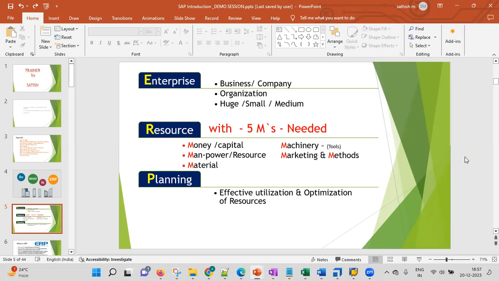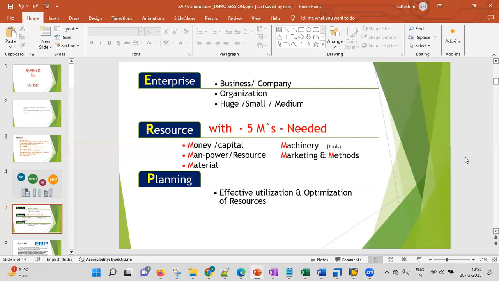Getting my point? The material they are purchasing is at a low cost, because when there is more demand, the cost also increases. When there is less demand, the cost gets reduced. Getting my point? Not only that, even for manufacturing industries, for example, let's take there is one machine, a CNC machine or some other machine, which is a 20 lakhs machine. Now, what will the company do on that single machine?